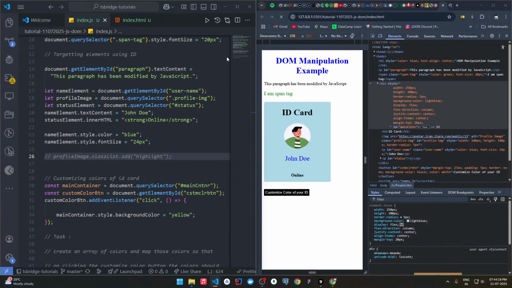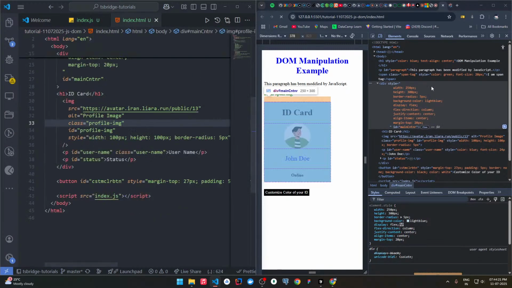Okay, so now if we compare our DOM here and our HTML file here, what do we have inside the image? See, the same src, the same alt, the same class. Okay, profile image, nothing much. Nothing additional, all the same things are present here. Okay, but what I want is